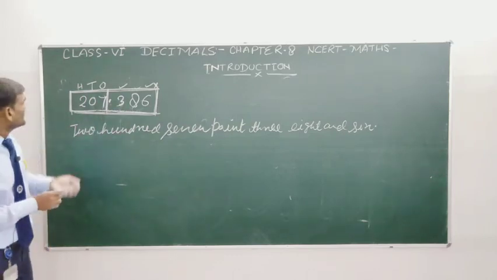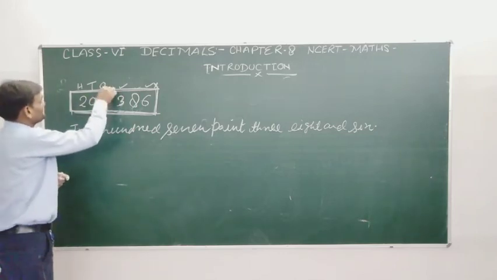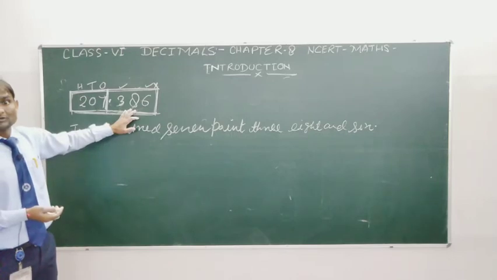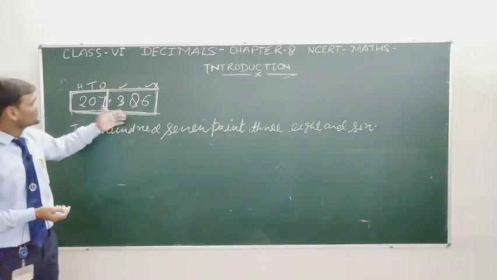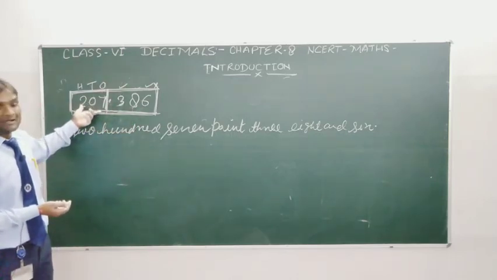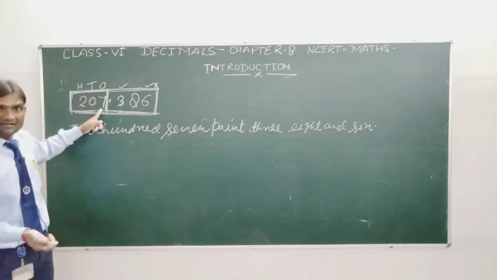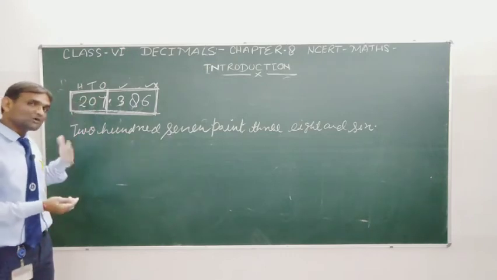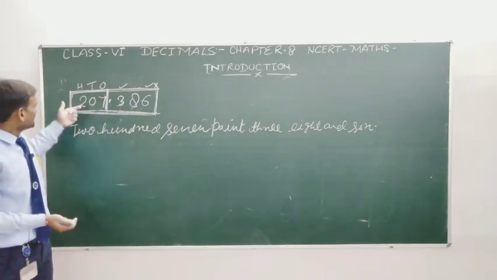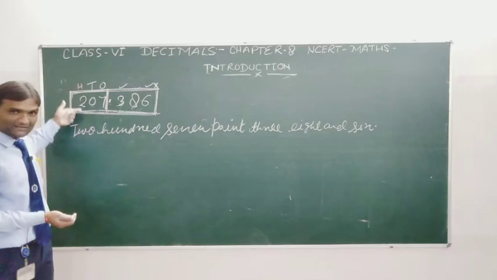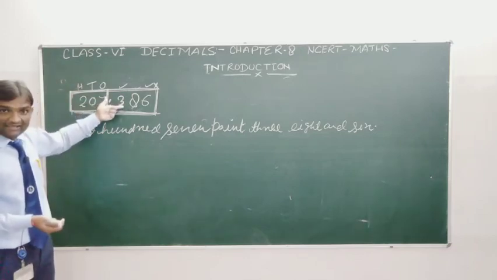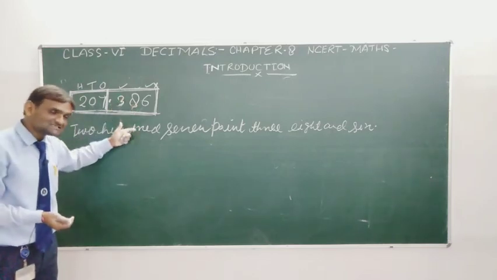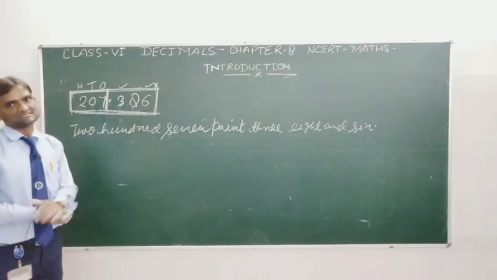And if you need to find out the place value of all the digits which have come in this number, you can tell easily. The place value of 7 is 7 because it comes in the ones place. The place value of 0 is 0. And the place value of 2 is 200. And 3 tenths, 8 hundredths, and 6 thousandths.